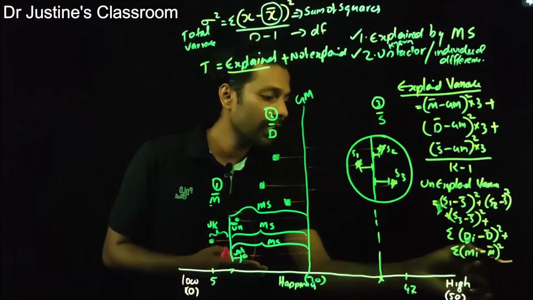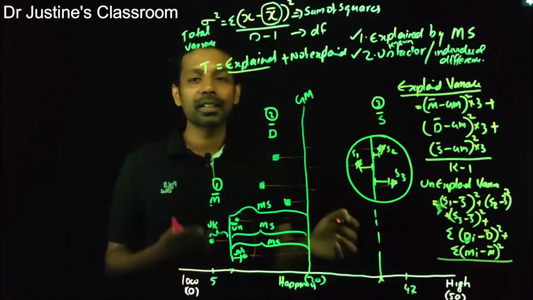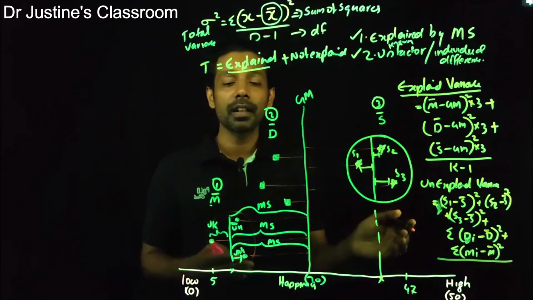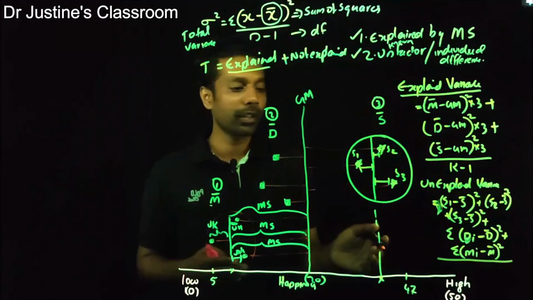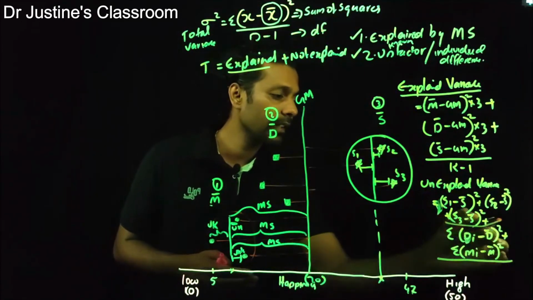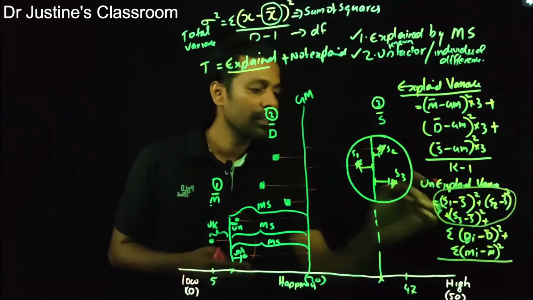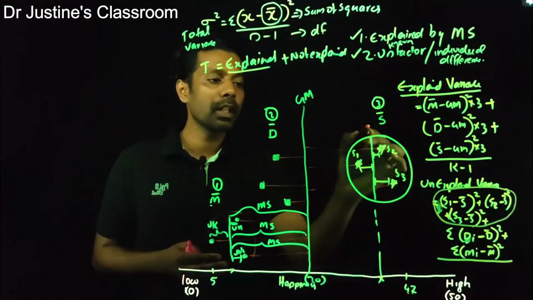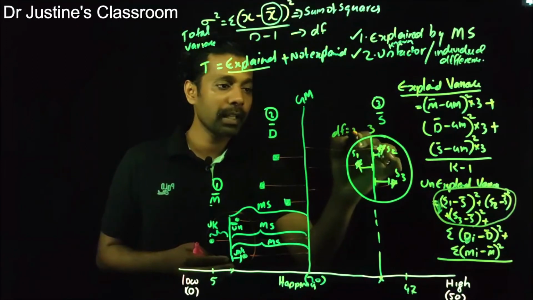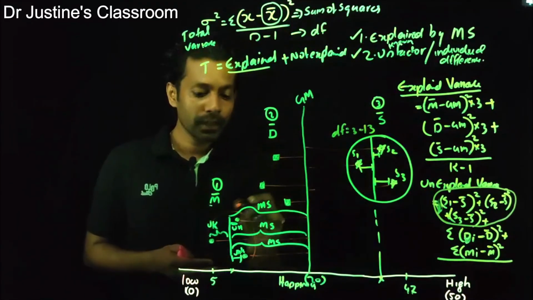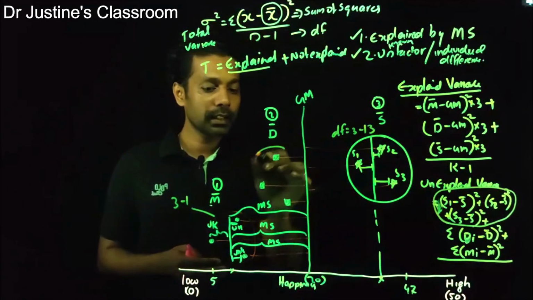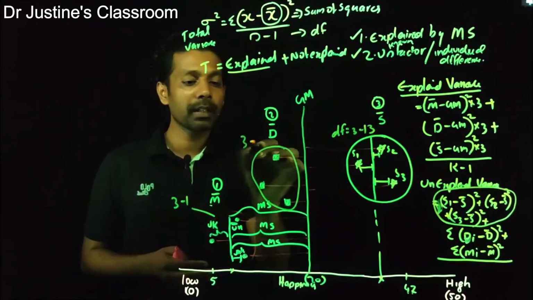Now I have to divide this value by some score. What is that score here? That is the degree of freedom that I have to calculate. Based on how many observations we have, we can calculate it. That's the degree of freedom concept. Now here, this particular section is calculated based on 3 observations. So the degree of freedom would be 3 minus 1. If I take this section, this is also 3 minus 1. If I take this D group, this is also 3 minus 1.